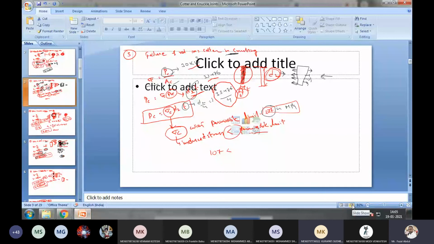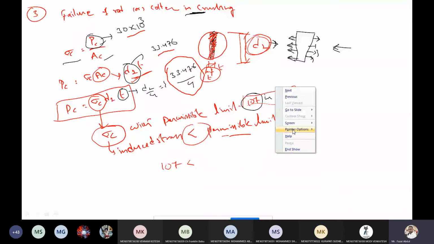Okay, now see the procedure. How we have to solve this one. When you find such situations, it means it is exceeding the permissible value, you have to write that comment. What comment you have to write? Since this induced stress is more than the permissible limit, this is the induced stress. This one. Okay. Since this induced stress is exceeding the permissible limit, therefore,